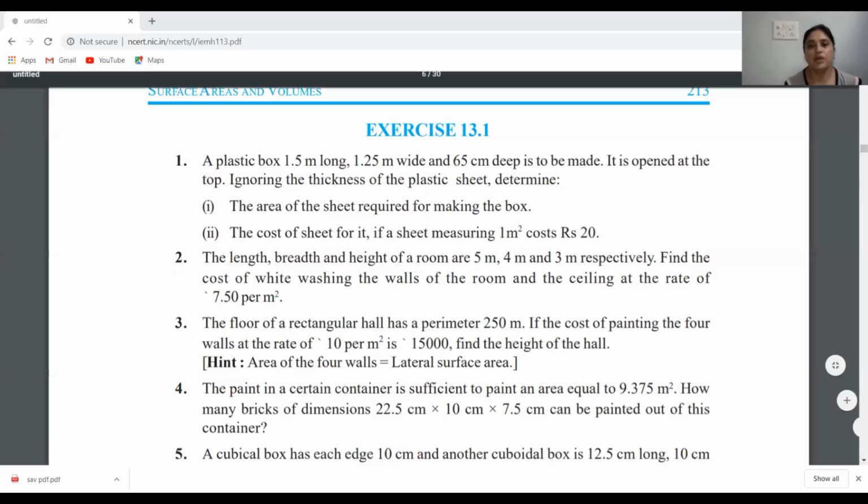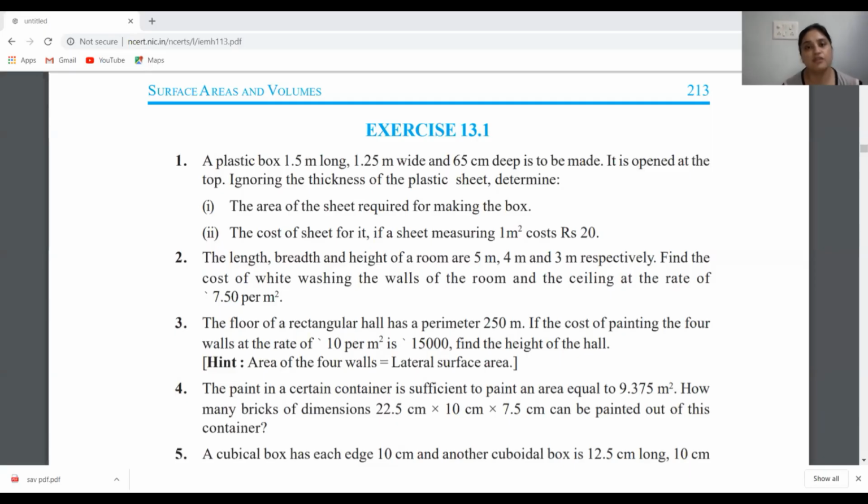Now students, now we are having a third question which says that the floor of a rectangular hall has a perimeter. So this question में हमें क्या given है? We are provided with the perimeter, means sum of all the boundaries of the rectangular hall. फ्लोर का हमें पेरीमीटर गिवन है, सो मींस जो हमारे पास बॉटम एरिया होता है उसका पेरीमीटर हमें गिवन है. Suppose this is its perimeter, so that means twice of length plus twice of breadth is given